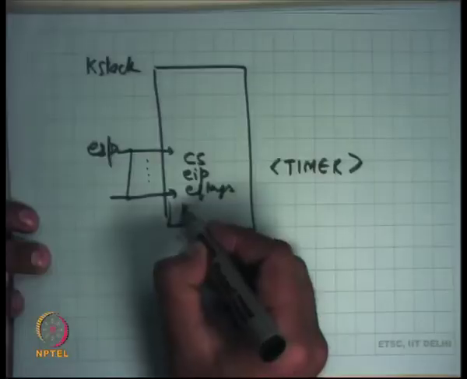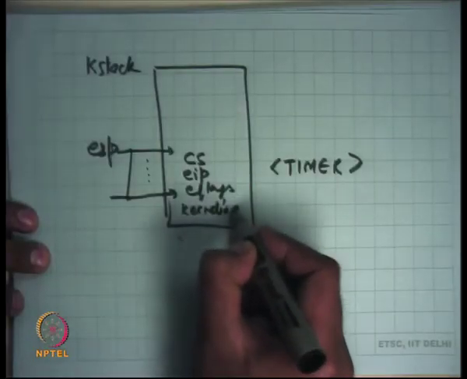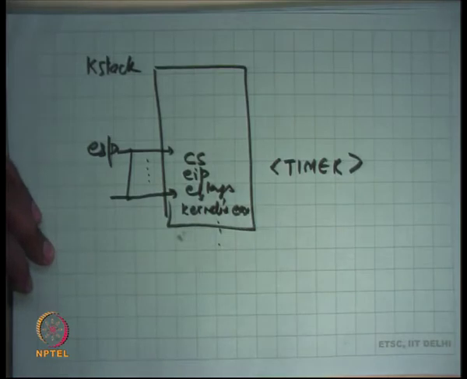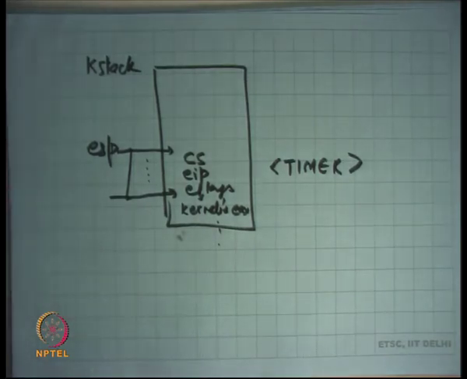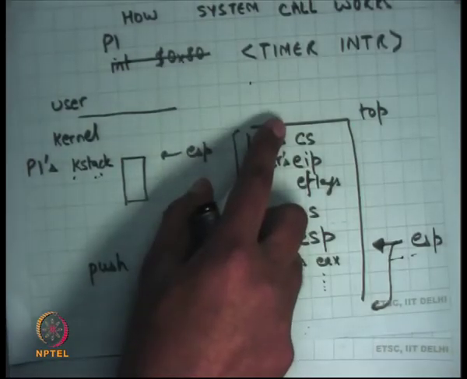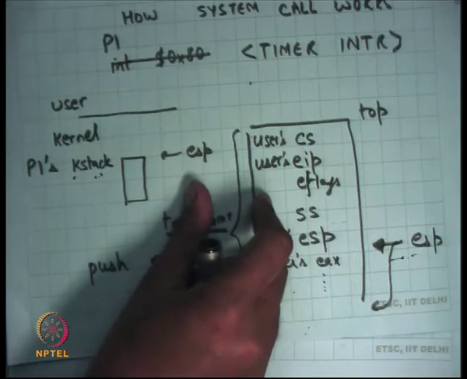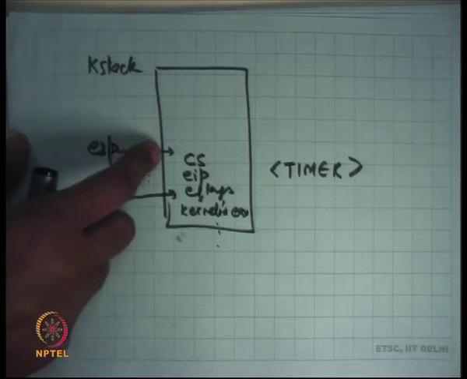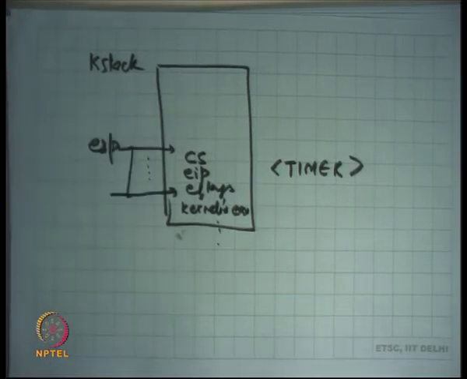So this time you're going to save the kernel's EAX and all the other registers on the stack. You save all these things, and then you may want to call the schedule function just like before. The only difference from the previous case was that you started at the top, and all the values you were saving were the user's values. In this case you don't start at the top, you start at wherever you are currently, and whatever values you are saving now are actually the kernel's values, but everything else remains the same.